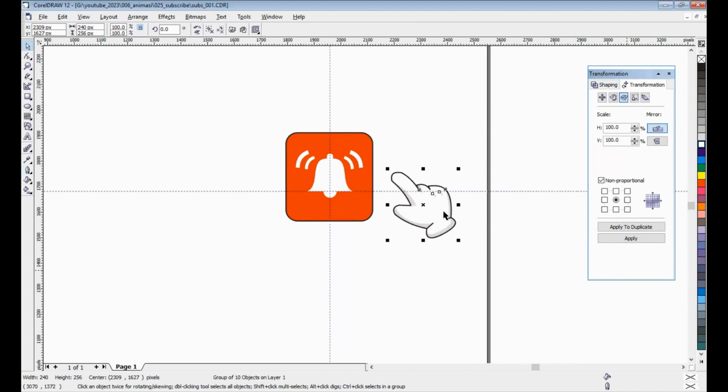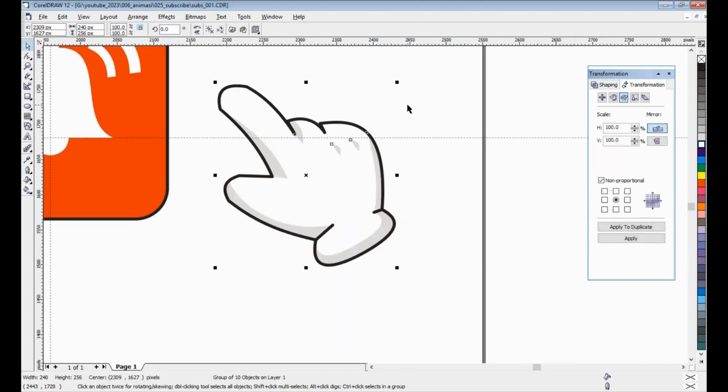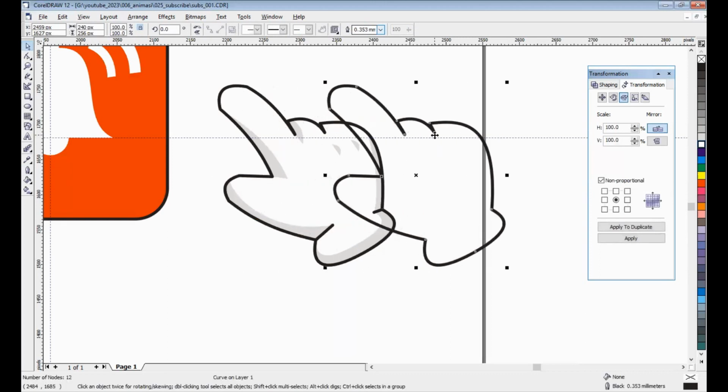Can make an illustration. Okay, this. Ungroup first. Ungroup and Control C, Control V. I want to delete this.